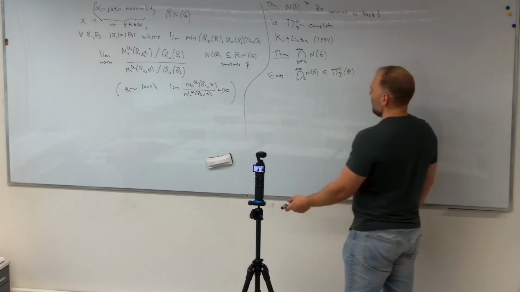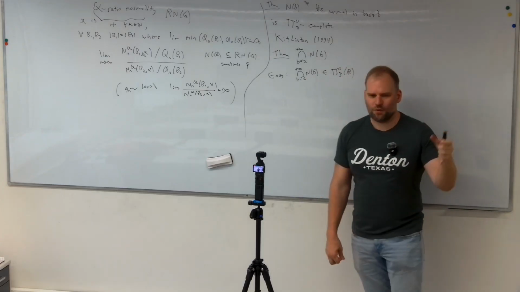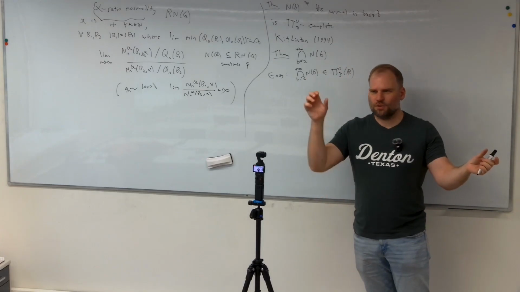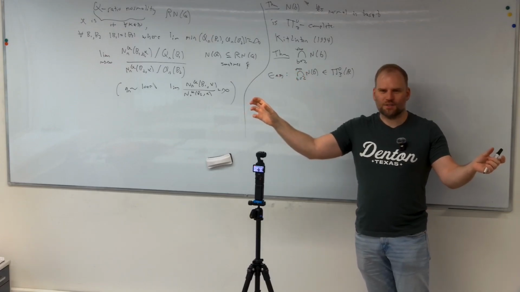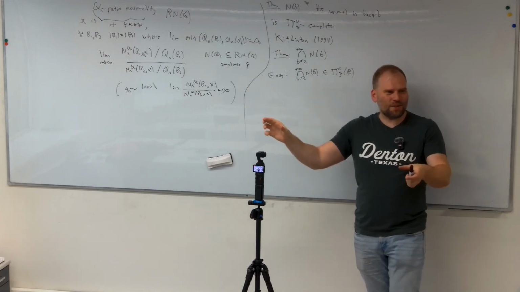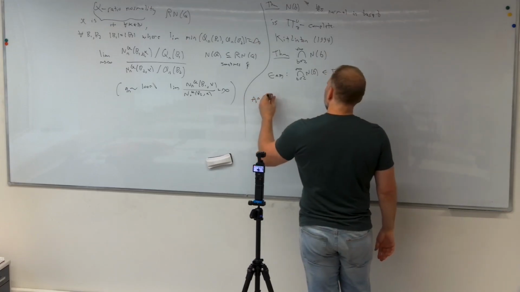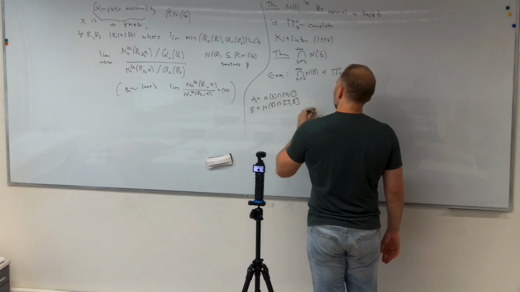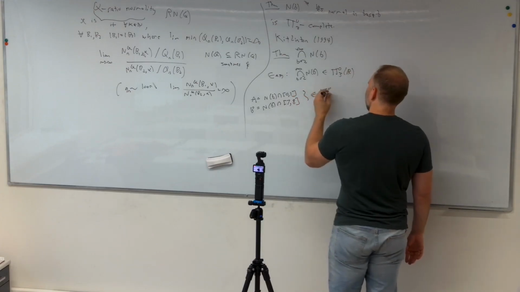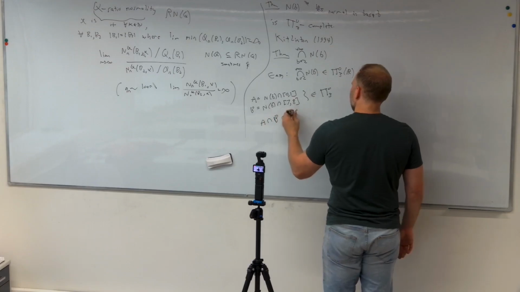Because if you had something like, what about the set of normal numbers in base b that are in the interval 0, 1, and then the set of normal numbers in base b that are in the interval 7, 8. You intersect these, you get the empty set. It's still a Π⁰₃ set, but it's not Π⁰₃ complete, right? So you could look at something like A is N of b intersect 0, 1, and B is N of b intersect 7, 8. These are both in Π⁰₃. But A intersect B, of course, that's also going to be in Π⁰₃, but it's equal to the